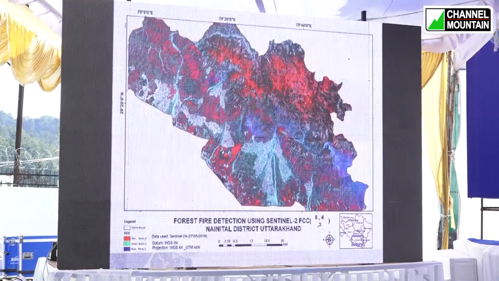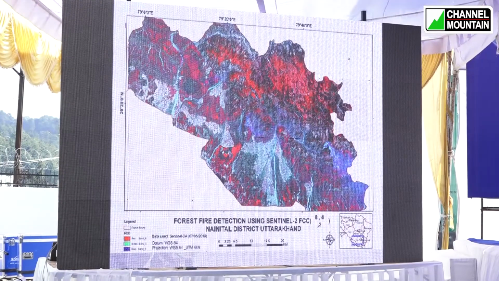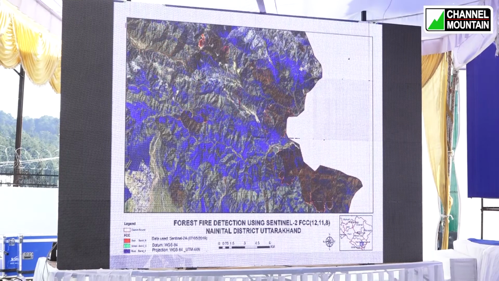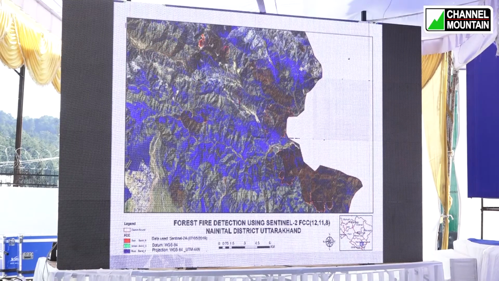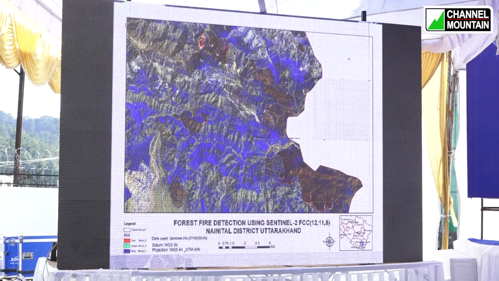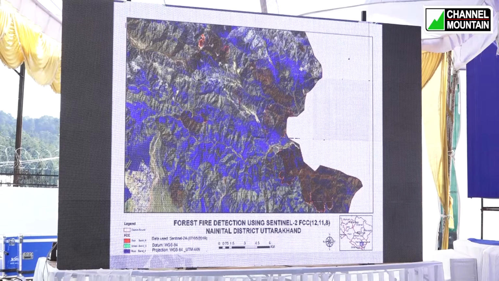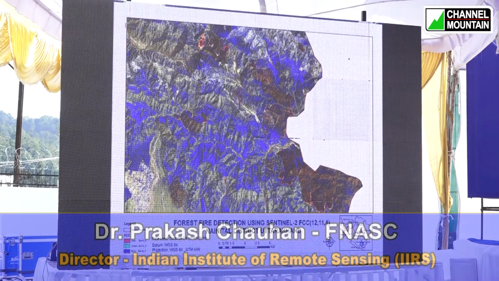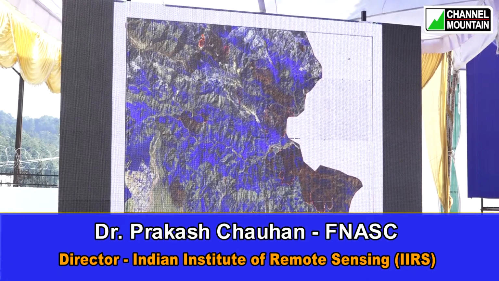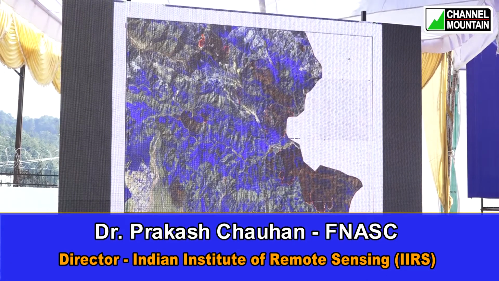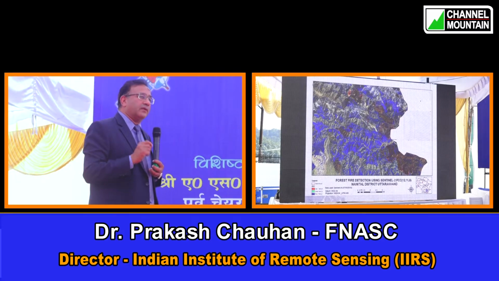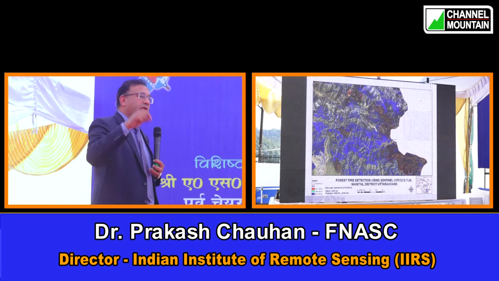Yeah, next. In large areas, you can also see the smoke at many places. Next. This is the example of Nainital district, and in many places you can see those red spots where active forest fires are burning. This becomes very important to provide information to the local administration: the nature of the fire and the extent of the fire. We have also developed a mobile app which has been given to forest department people on the ground, so that they can take geotagged photographs of the forest fire for real-time monitoring.